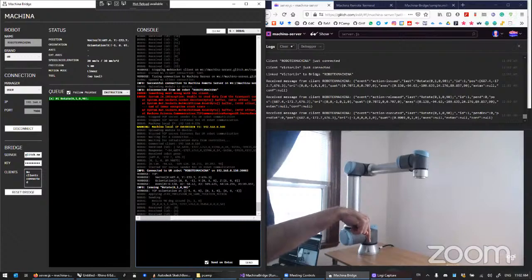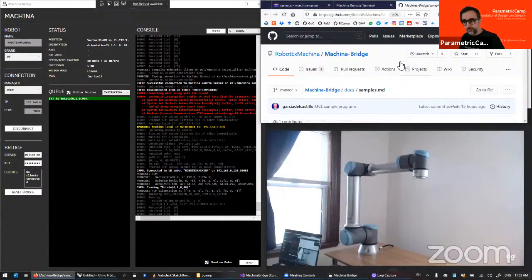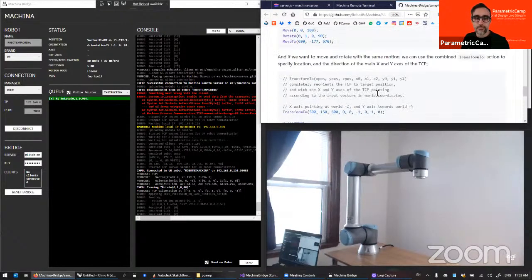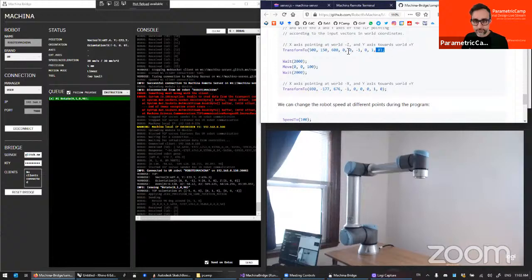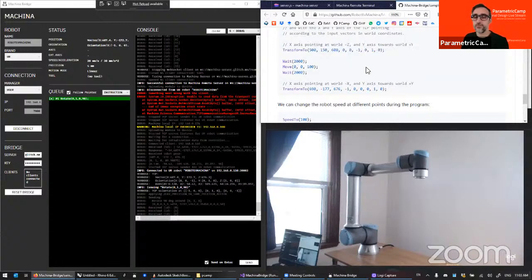Okay, so if I do a transform 2, and then my x is 200, y is 0, z is 200, and then my rotation is 0. I think 200 is going to be too close to the robot base. So maybe you want to do transform 2. There are here on the samples a couple samples of transform 2s. You see them here? Yeah. Transform 2s that will work for this robot. So if you want to try those out,